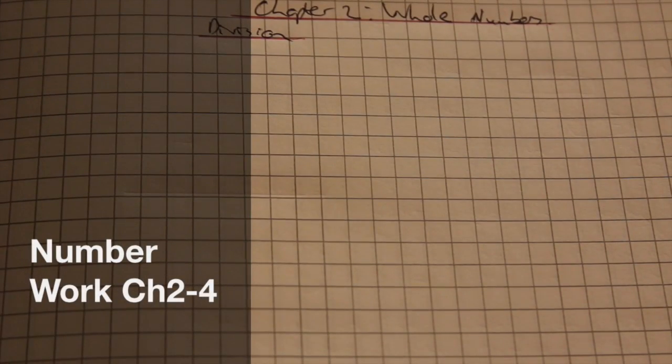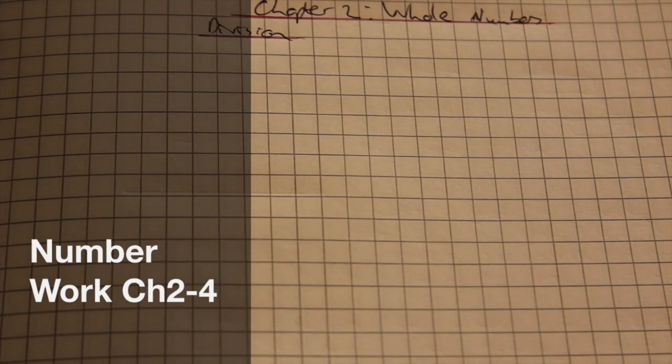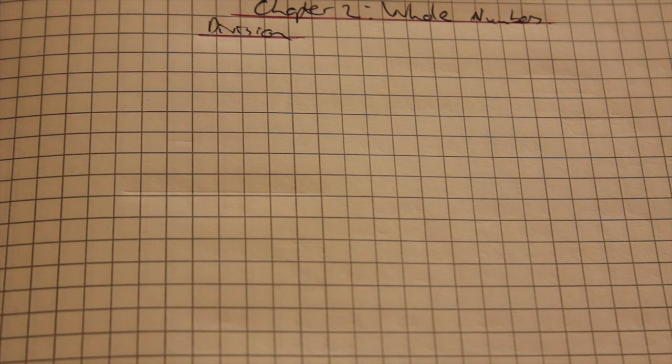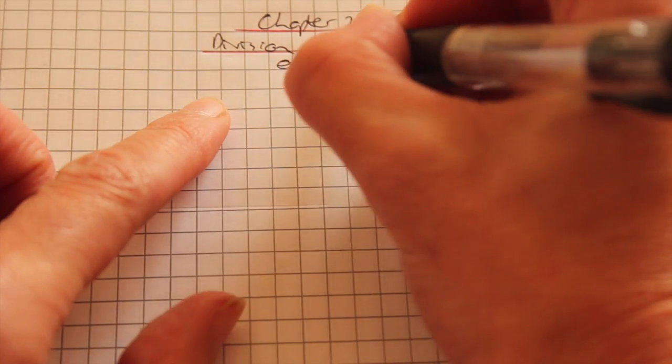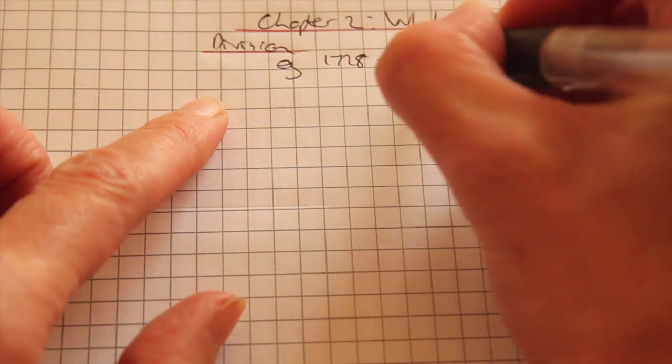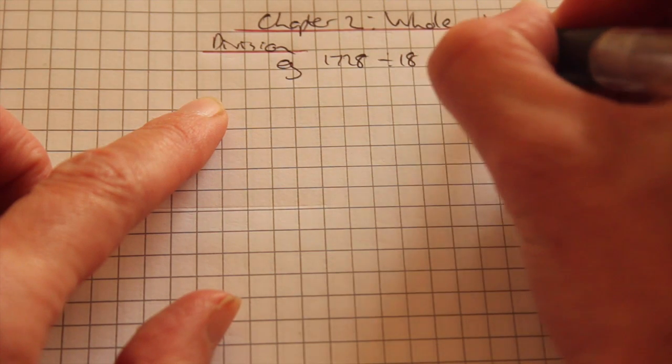Chapter 2, we're looking at adding, subtracting, multiplying and dividing. I've looked at multiplying in Chapter 1, revision over how to do long multiplication. Now I'm going to look at division. If I was asked to do 1728 divided by 18, instead of dividing by 18, I would break that up